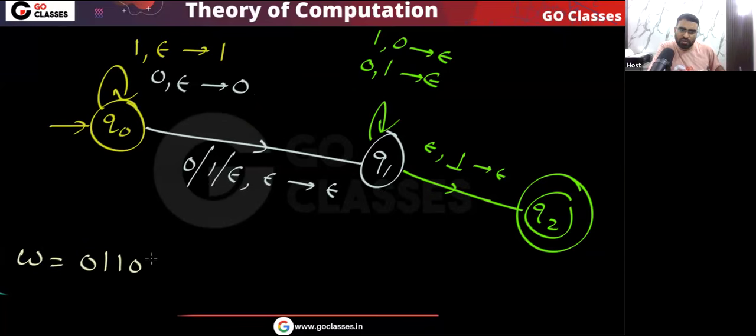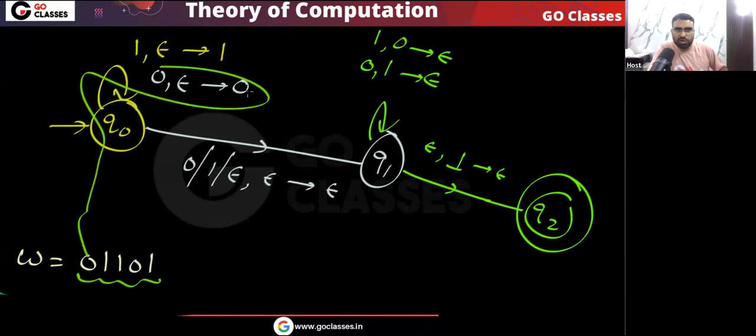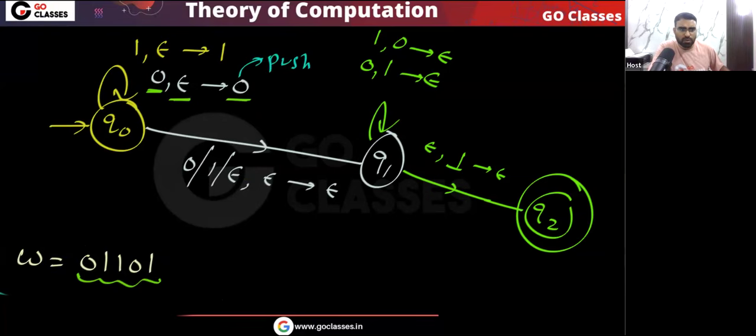Notice, for example, let's assume your string is 0 1 0 0. Then you can notice what we are doing. So far, for 0 we are pushing 0. Without looking at the stack, don't read the stack, don't pop the stack, you just push 0. We are pushing 0. Yes or no? So for 0 we are pushing 0, for 1 we are pushing 1.